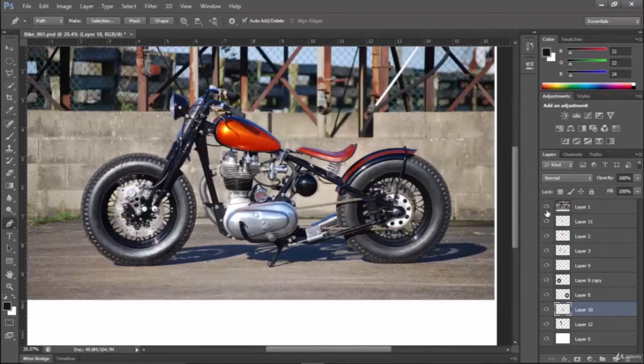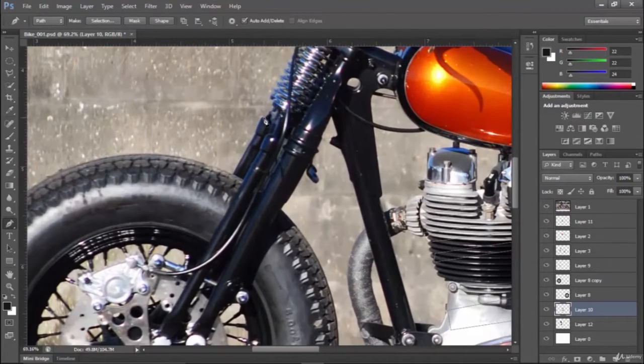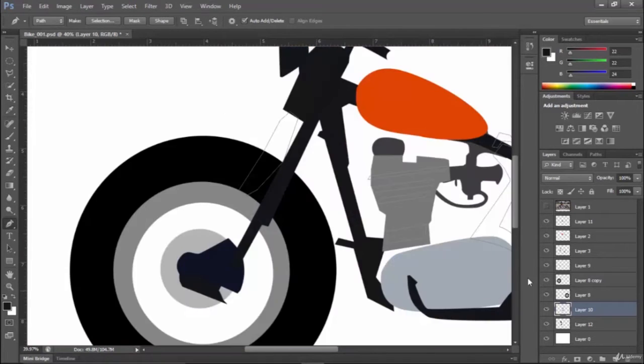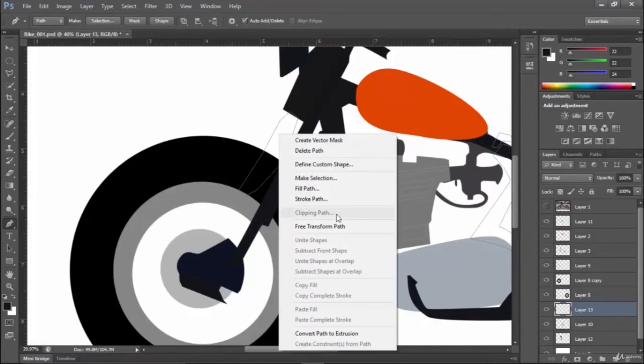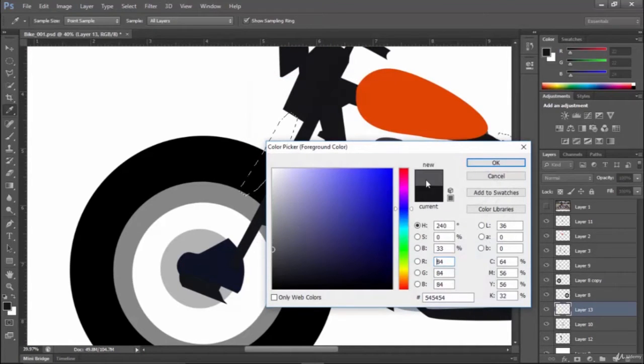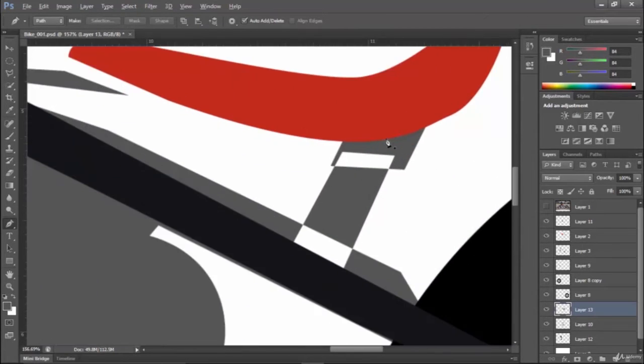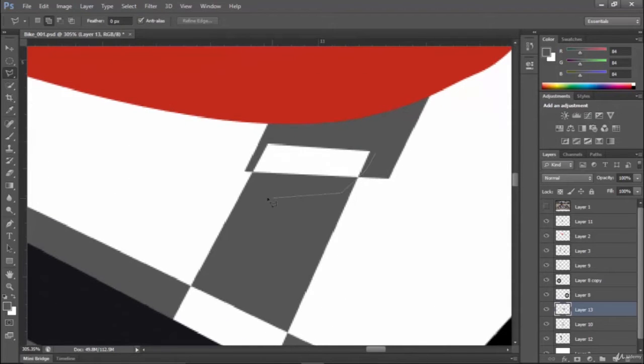Now you can see that I'm not following the reference properly because it's a logo, so you can have your own imagination. This time I'm making my own. A few things I will follow the same and the rest I will make on my own. Because you don't have to put so much detail, it's a logo. And make selection, a little bit of lighter, alt backspace, control D. This part needs to be corrected, so I have just selected the polygon lasso tool and